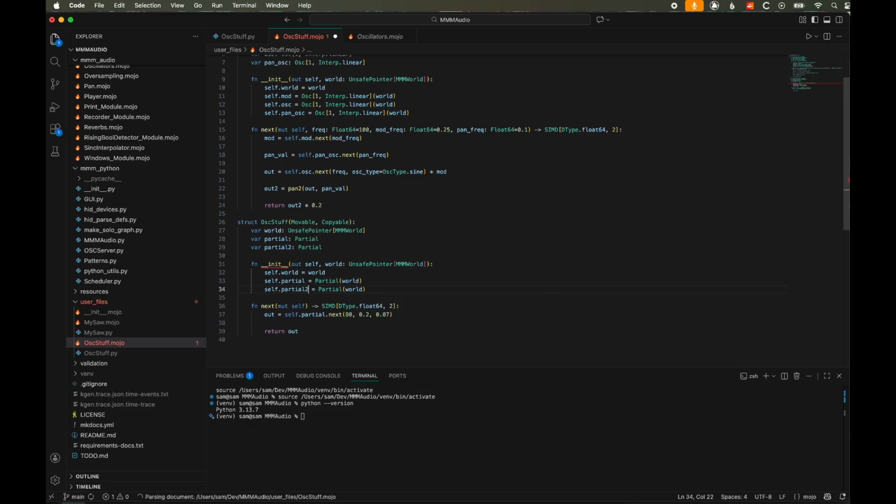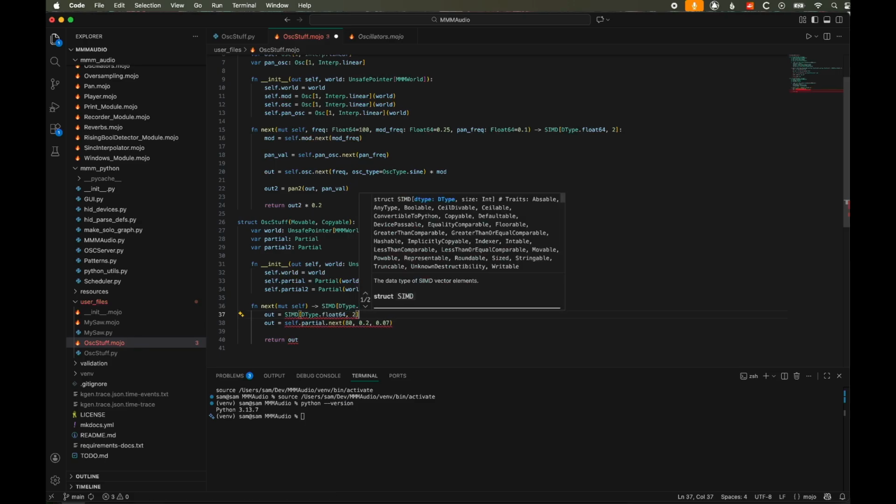Partial 2. And then we would also add it here. So first thing I'm going to do here is say that out equals, so I want it to start with 0 and then add each partial to it. So out equals SIMD dtype dot float64, 2. So I'm making a 2-channel SIMD,